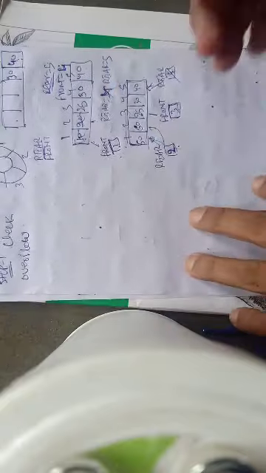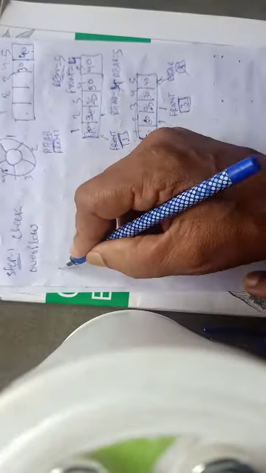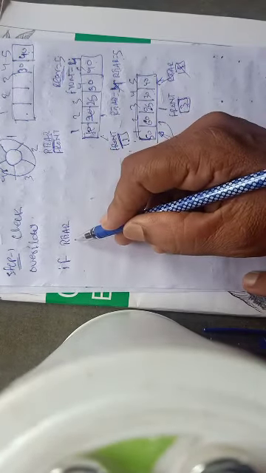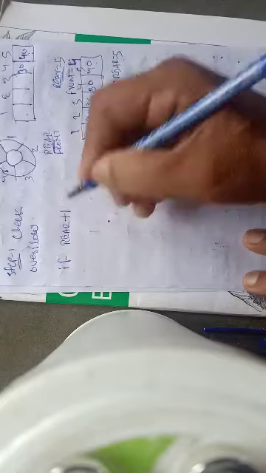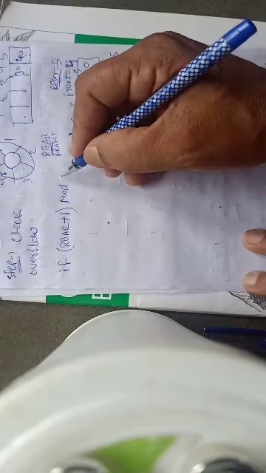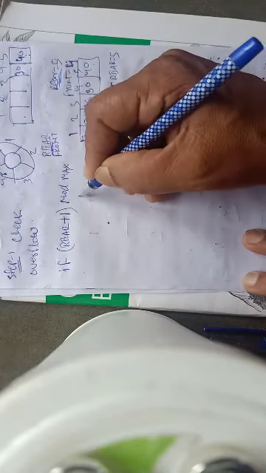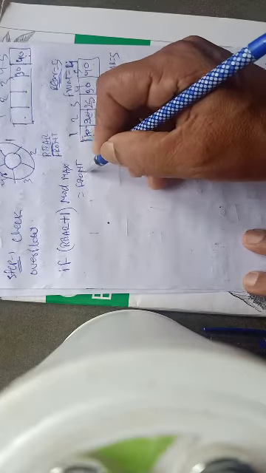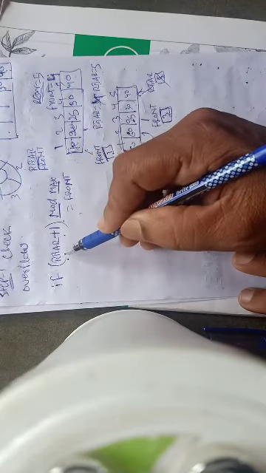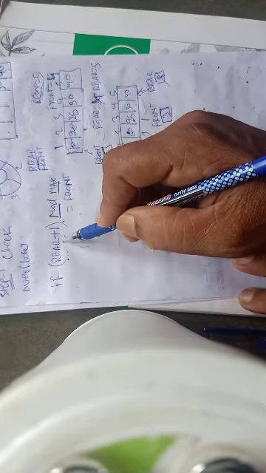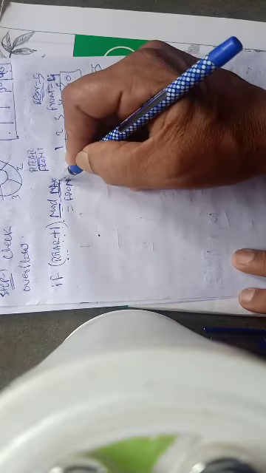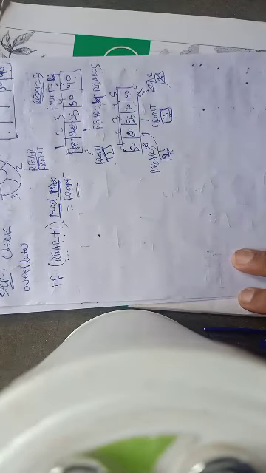So we can say that the single criterion is: if (rear + 1) mod max is equal to front. This is the criterion. With the current value of rear, add 1 to it and perform modular division by the max value. If the result is equal to front, then we say it is overflow.